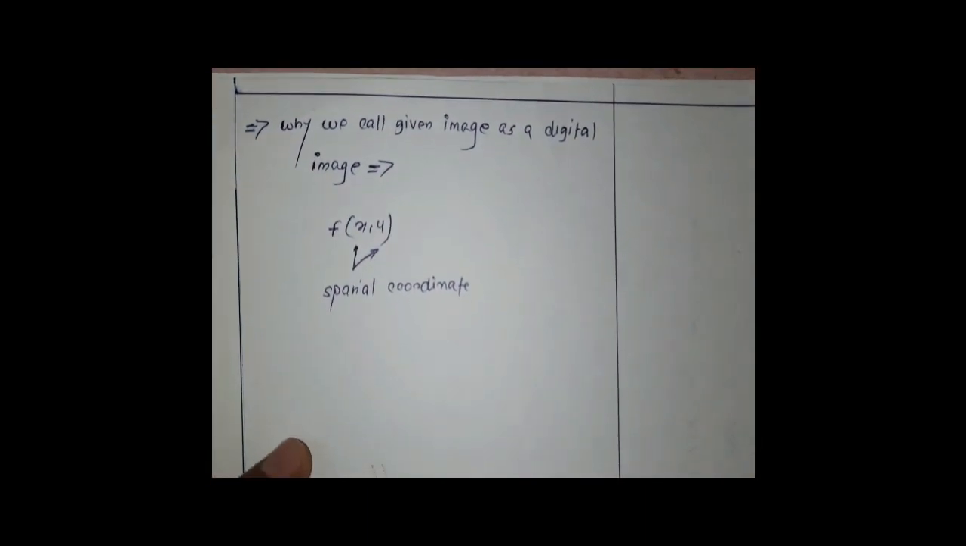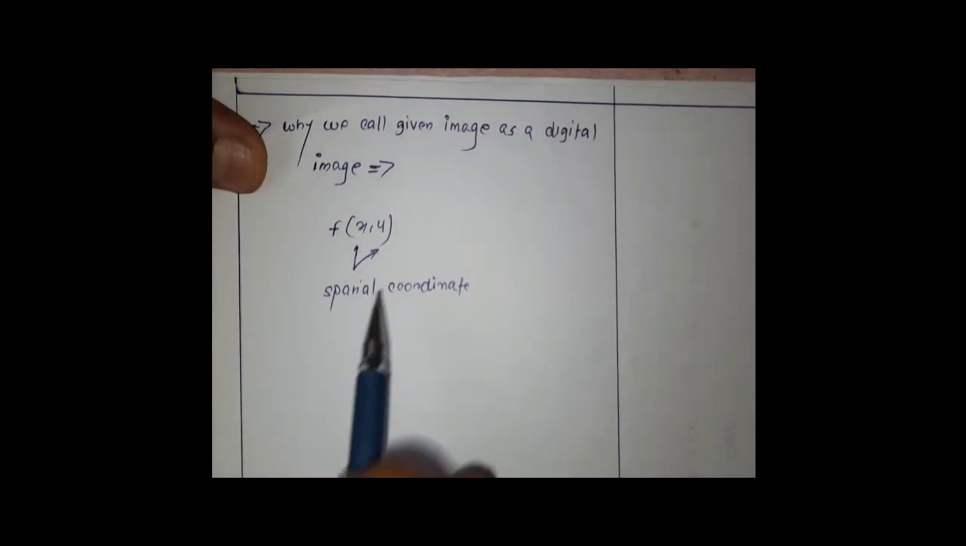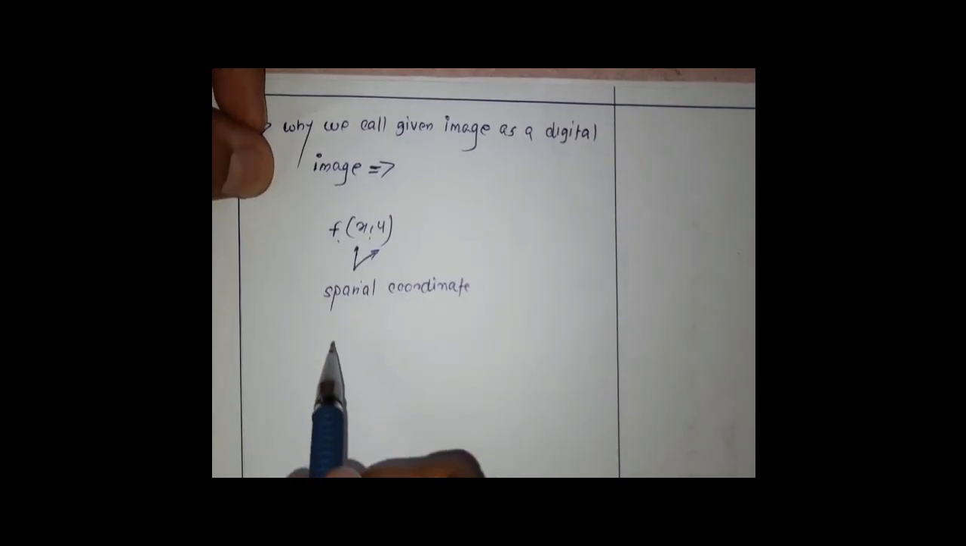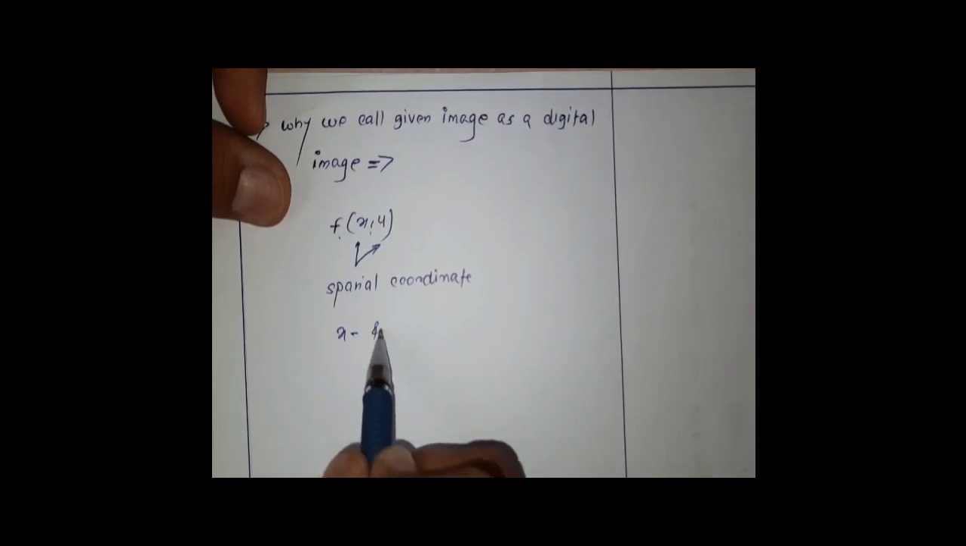Now we will move towards why we call a given image a digital image. Why do we call a given image a digital image? We represent an image with the help of f(x,y). When the value of the spatial coordinate x is finite and discrete,